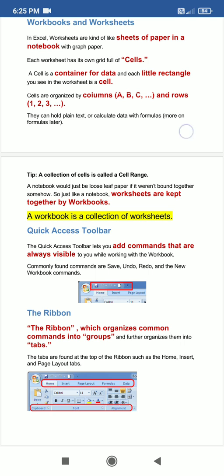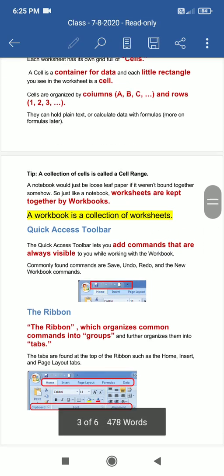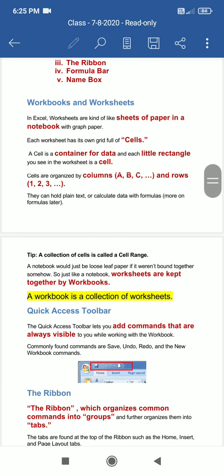Then what may be present inside the worksheet? Worksheets have small rectangular cells, and these cells are organized by columns named A, B, C, and rows numbered 1, 2, 3.